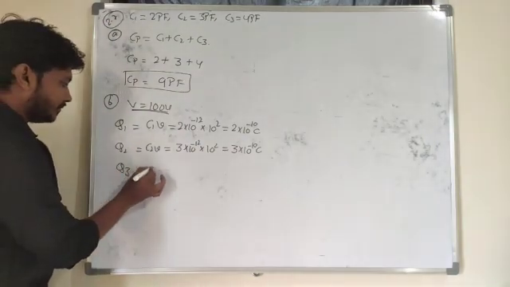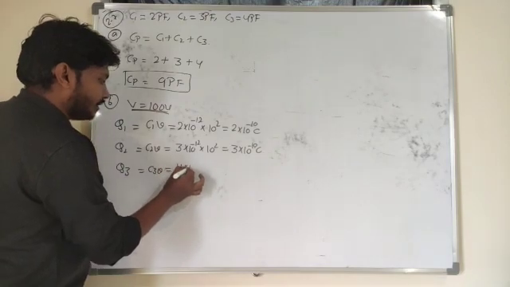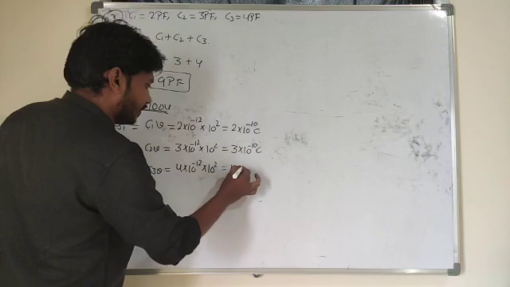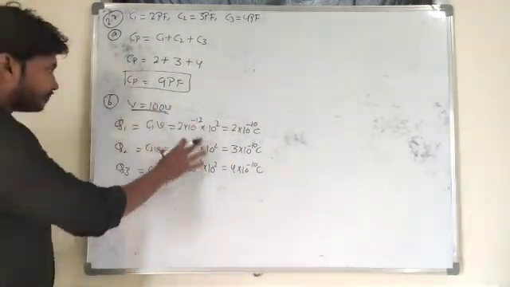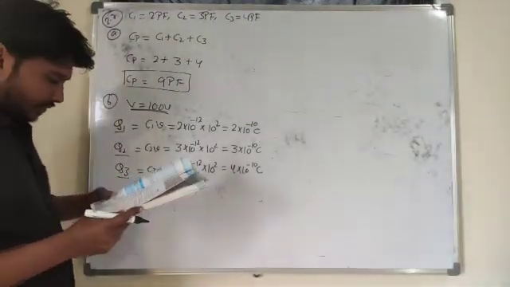So similarly Q3 is C3 into V. C3 is how much? 4 into 10 to the power of minus 12 into 10 to the power of 2. So 4 into 10 to the power of minus 10 Coulomb here. So these are all the branch charges here. So next one,